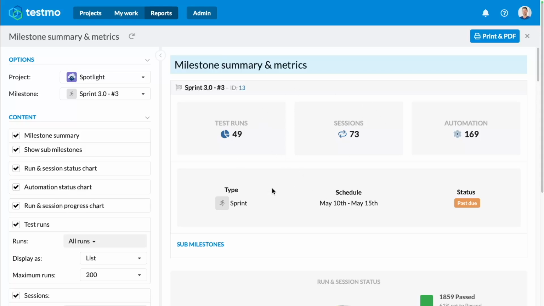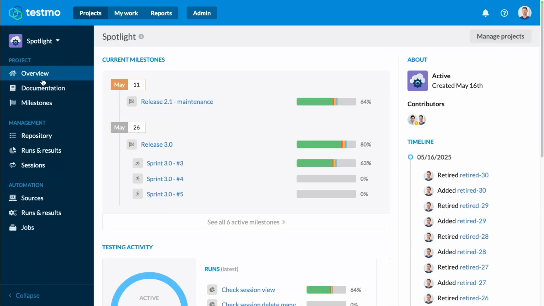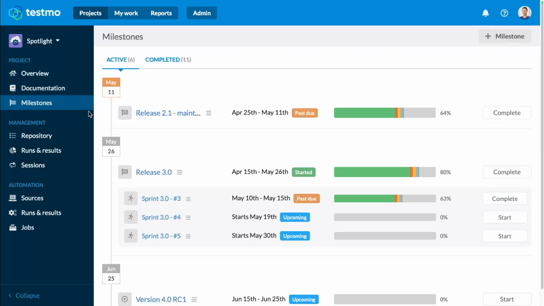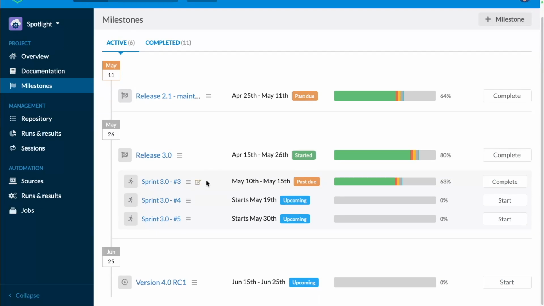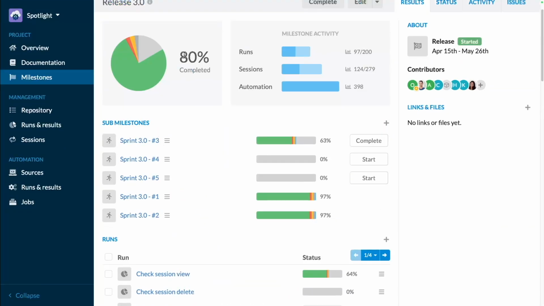So if you manage your testing around releases, you can create a milestone specifically for your release. So an example of that is here, release 3.0. And then you're going to want to link all of your relevant test runs, sessions, and automation runs that are part of your release directly to your